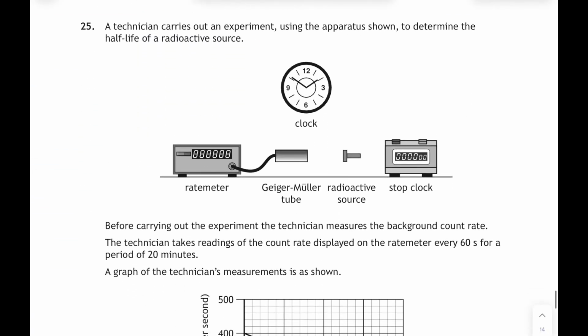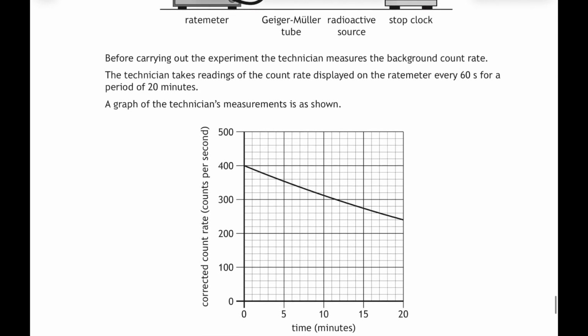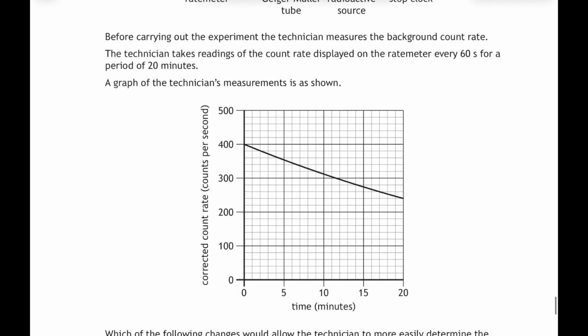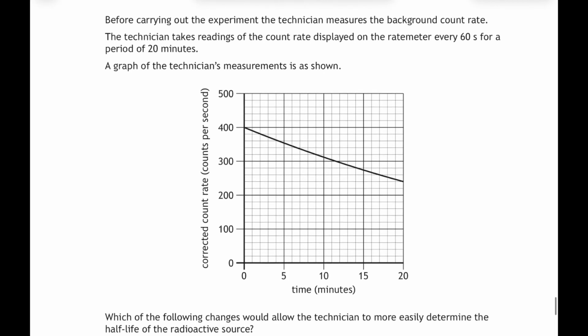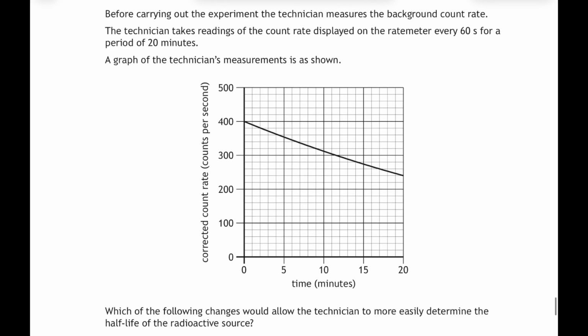Last question then, question 25. A technician carries out an experiment using the apparatus shown to determine the half-life of a radioactive source. And before carrying out the experiment, the technician measures the background count rate. The technician takes readings of the count rate displayed on a rate meter every 60 seconds for a period of 20 minutes, and a graph of the technician's measurements is as shown. And then we are asked which of the following changes would allow the technician to more easily determine the half-life